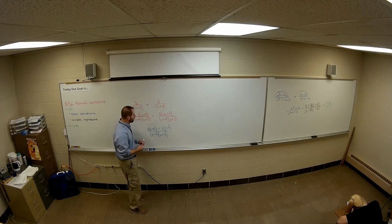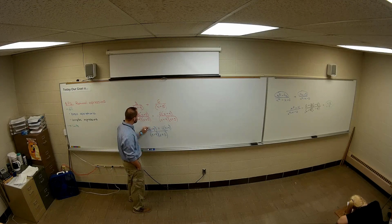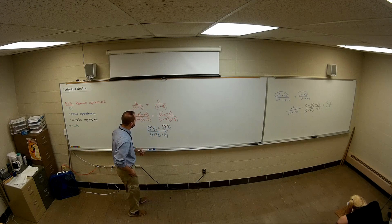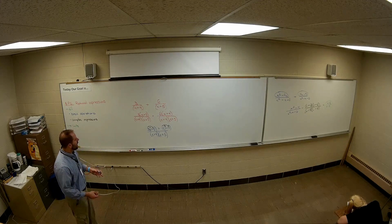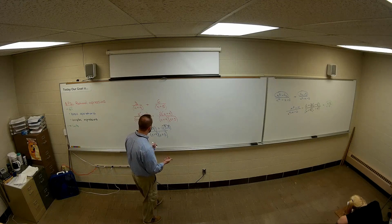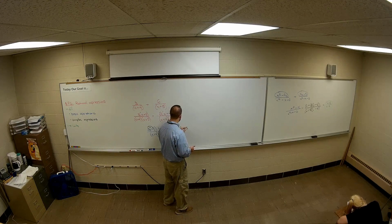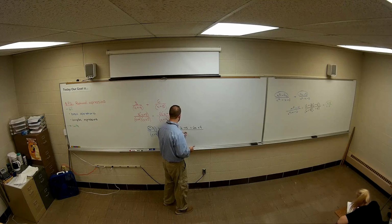So what I'm going to need to do first, so I can actually add the top so it doesn't look like this complicated mess, I need to distribute the 3, distribute the 6. Okay, does that make sense to everyone? Because now that I've added them, I need to simplify this thing down as far as I can, if I can. So this turns out to be a 3x plus 15 plus a 6x plus 4. And on the bottom, I have the x plus 4,